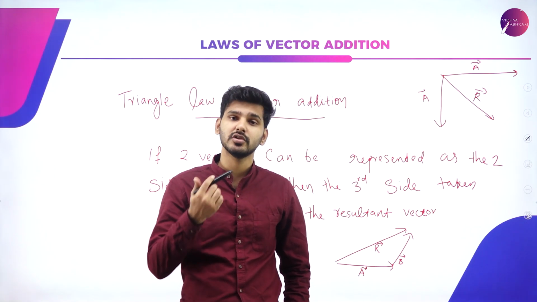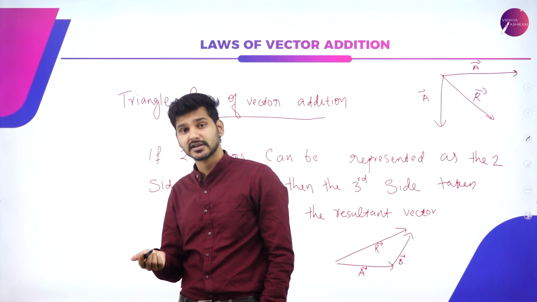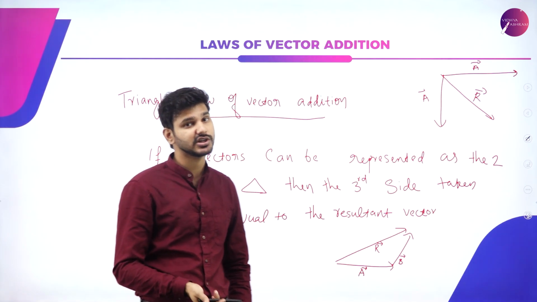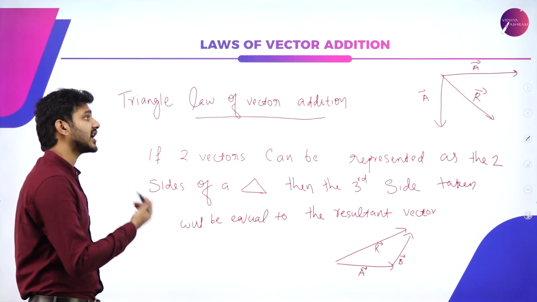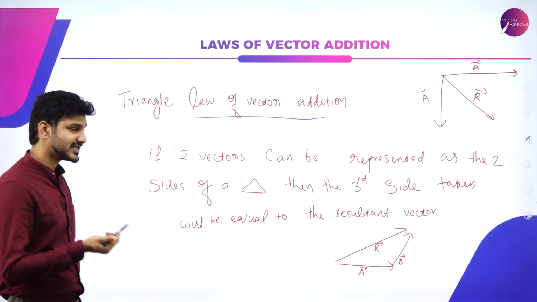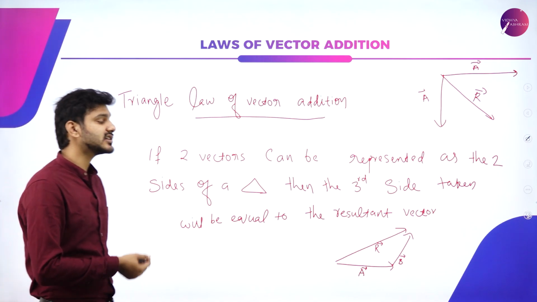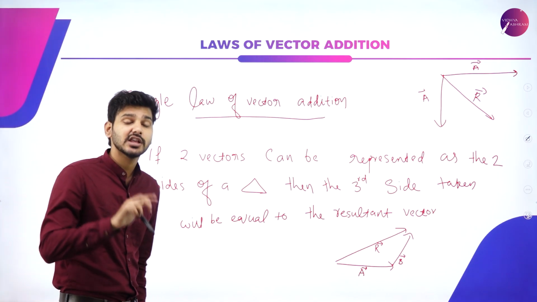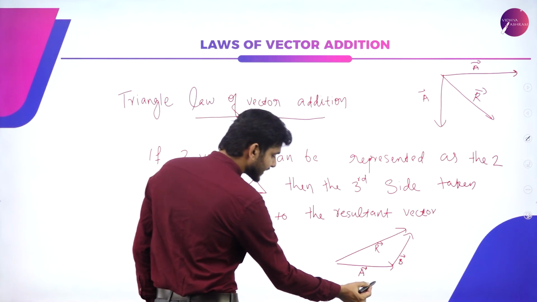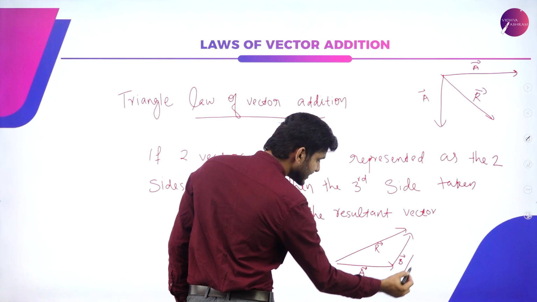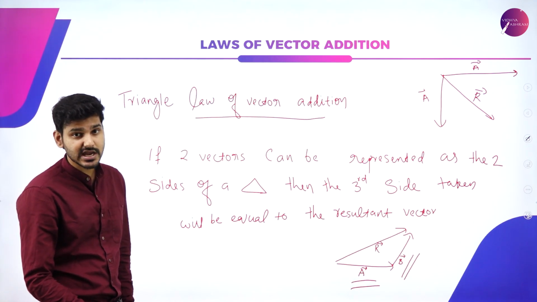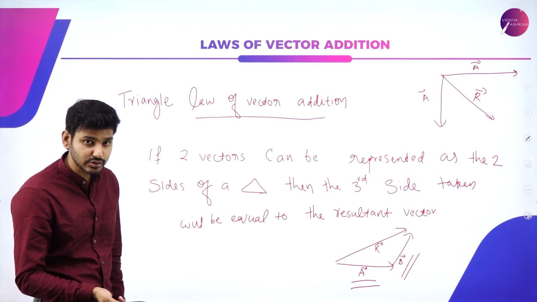Regarding this, we have two laws, that is the triangular law of vector addition and the parallelogram law of vector addition. The first one is the triangular law or triangle law of vector addition, and what it states is that if two vectors can be represented as the two sides of a triangle, then the third side taken will be equal to the